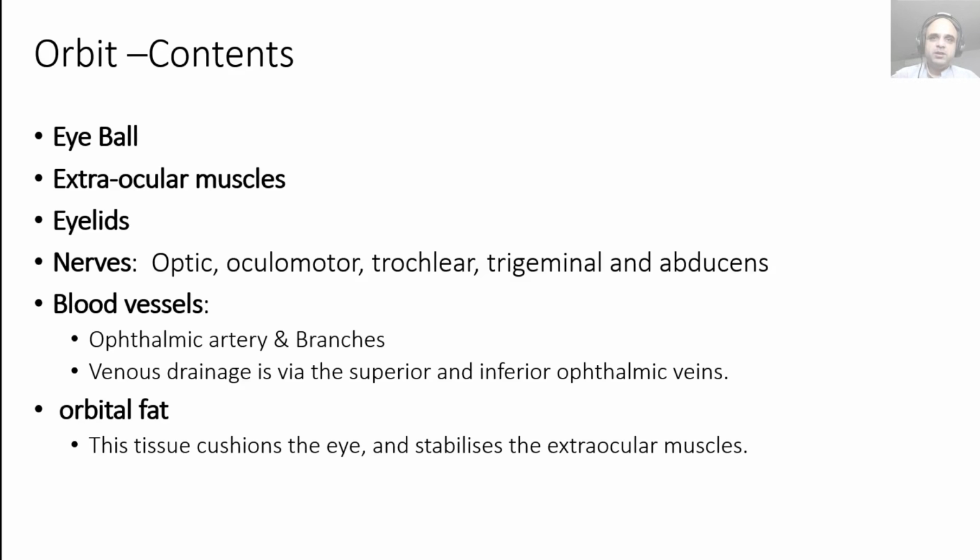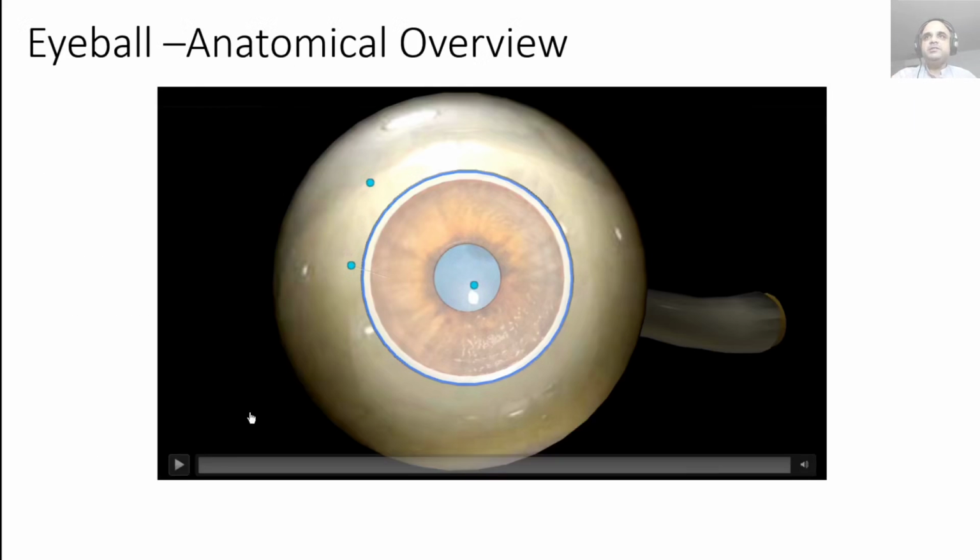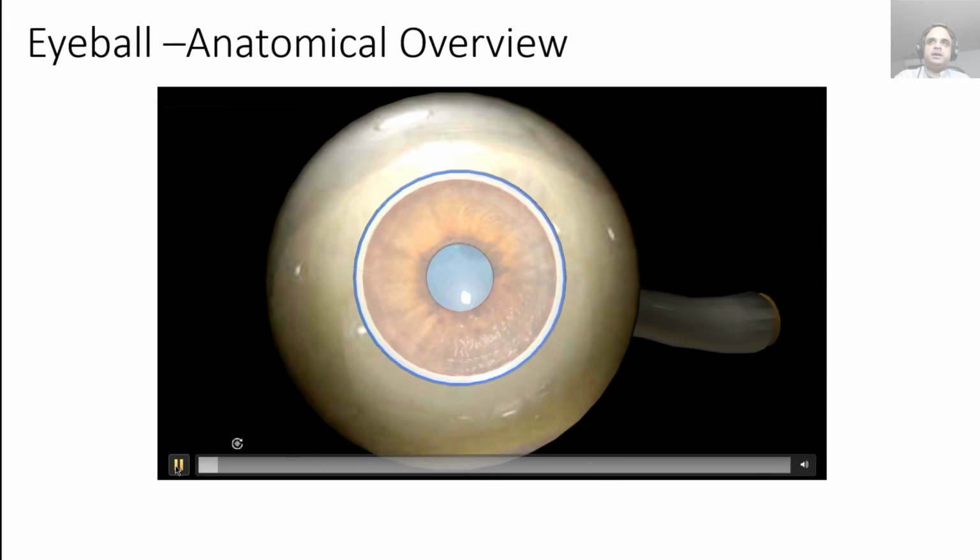These are the contents of the orbit, and just like the boundaries or the bones of the orbit, these are all what they were before. Again, nothing new has been discovered in the meantime, since you had moved from second year to fourth year. This is an animation of the eyeball, and the reason this is here is to show you that the trauma,